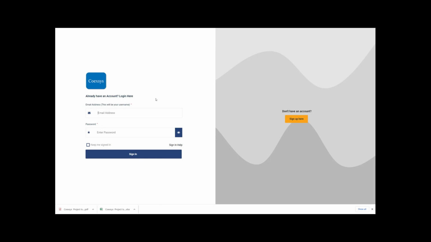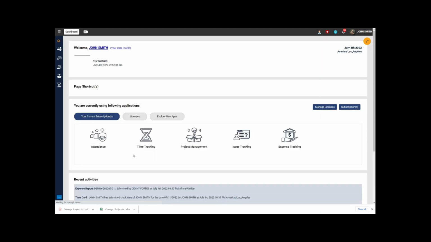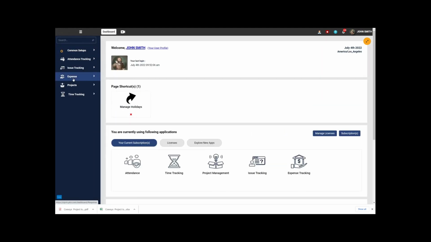Now that we have completed entering expense reports, let's go ahead and see the approver side as well. Next, we will log in as an approver account and approve the expense report we have just submitted. As mentioned earlier, approvers must be defined and enabled under the Approval Management page. After you log in as an approver, you will see the Manage Approval page under the expense tracking in the